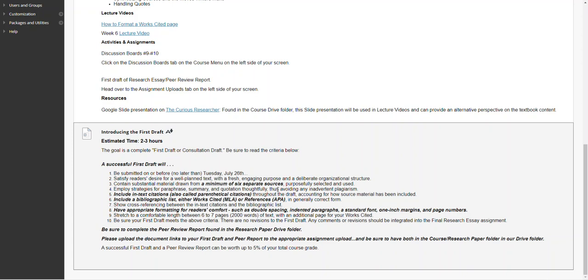I include all the criteria here about using and citing sources. If you're still unfamiliar, remember there is a course unit on using and citing sources with several resource videos there. We're looking at all the MLA criteria, as stated in the syllabus, about how to use sources and format a document, and we'll go through the peer review and revision process. Also, make sure that you take advantage of the first draft and the report, the peer reviews, and the requirements in the Drive folder.